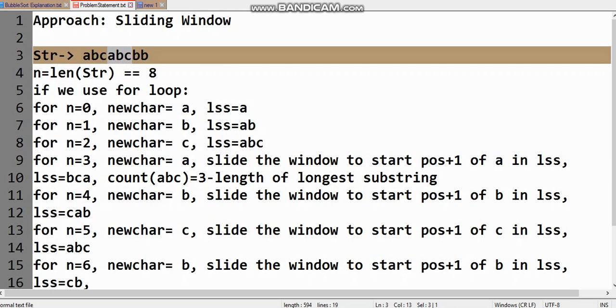In this substring, again a new character came, which is B, and we slide the window to the starting position of B, and plus 1 will be this. So the new substring will be the new character along with the already present characters after sliding. So the new substring will be CB.